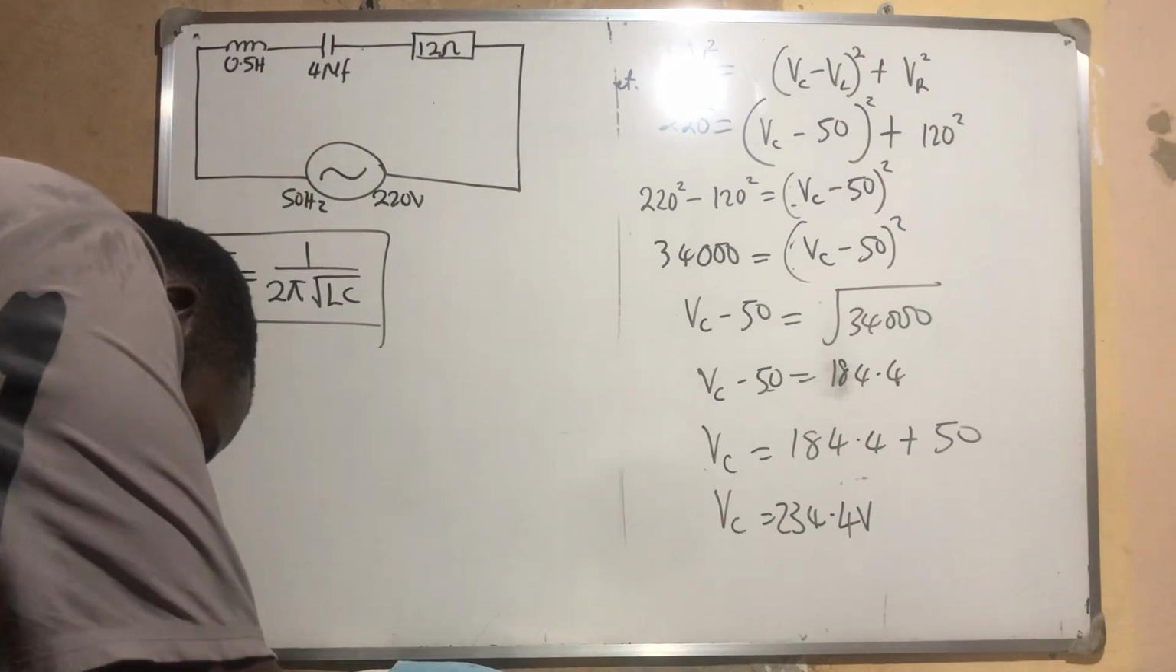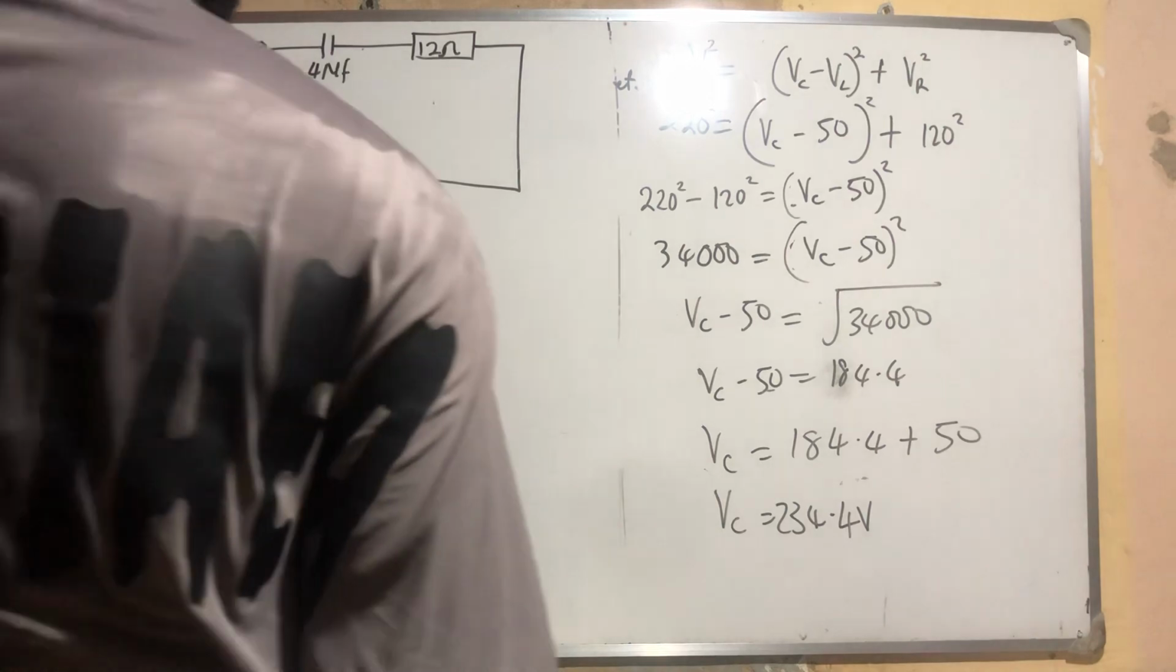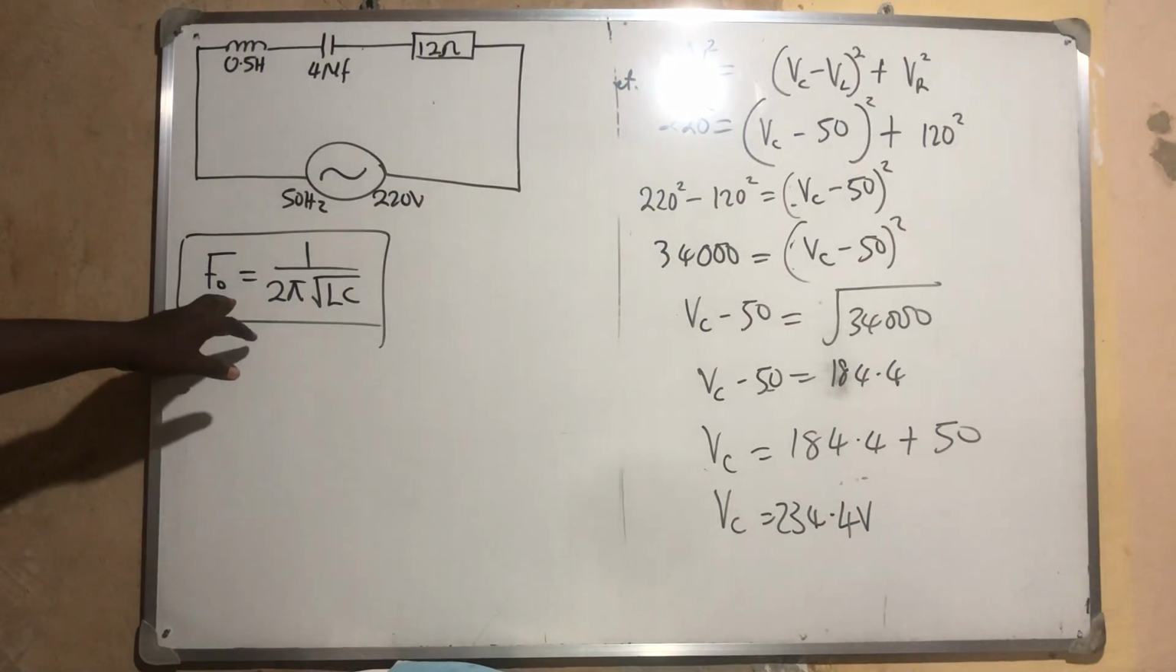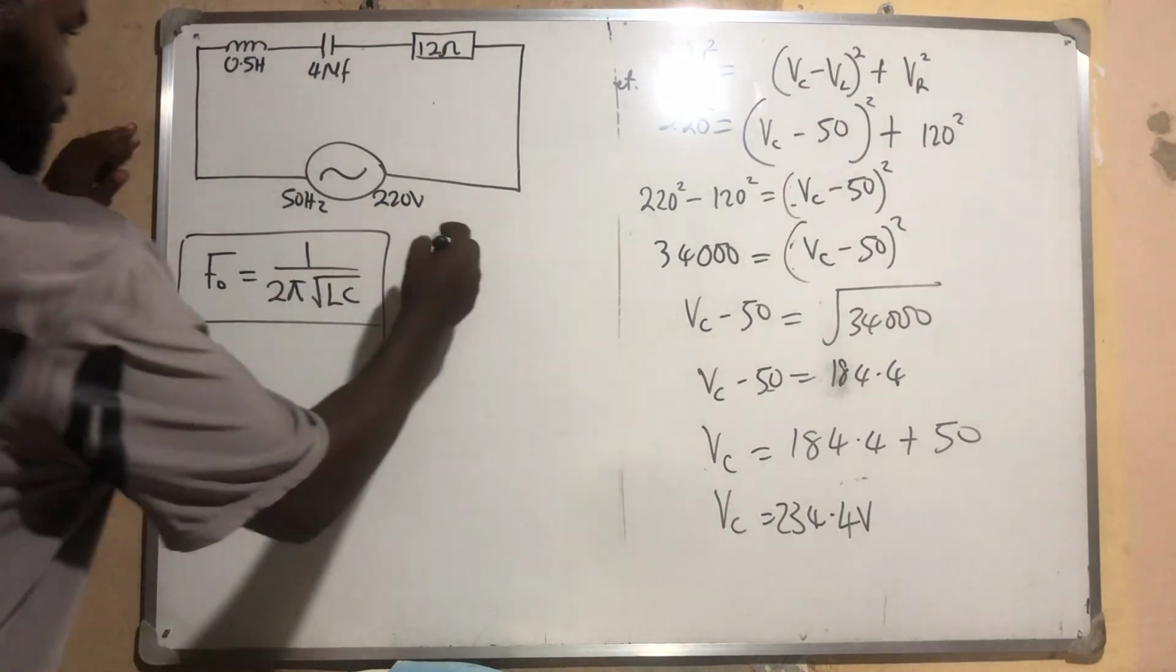But can we get it by impedance? Yes, we can get it by impedance. The resonance frequency is the frequency of the impedance. Okay, so you can decide to calculate the impedance. Then from the impedance you now get the resonance frequency. So if you cannot remember this formula, first of all get your impedance, and then you now know that impedance is